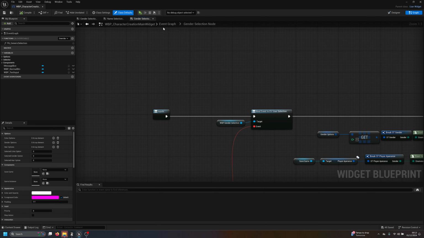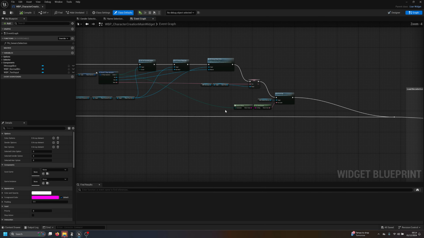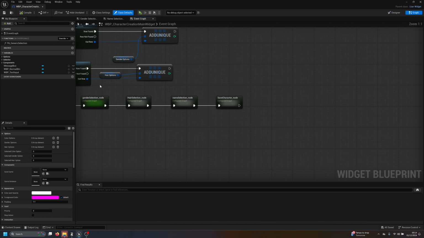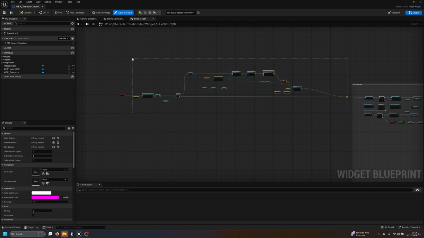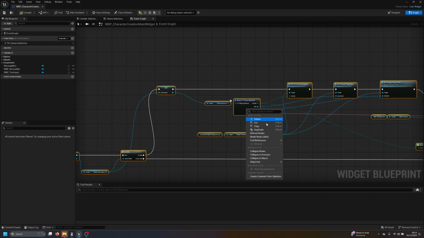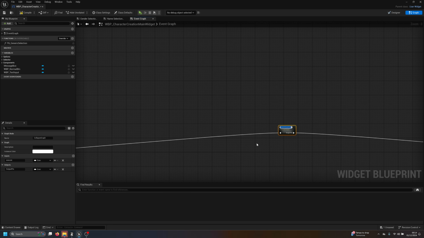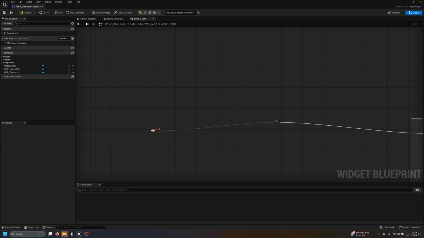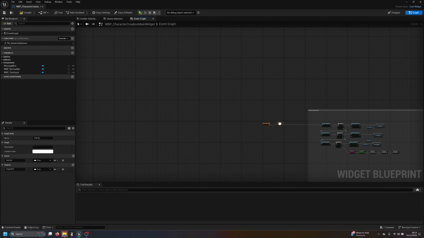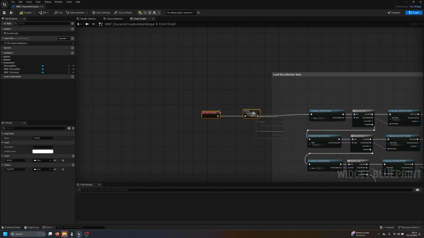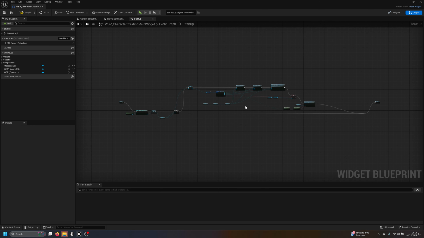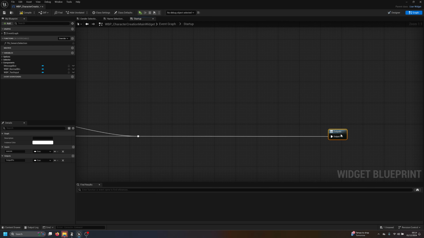And when we start the event graph right here, by the way, what we can do is collapse this to a node, and we're going to call this startup. I know that's a very bad name, it doesn't mean a lot, but at least we compact everything to blocks, so later on we can probably change the name of this. But anyway, on the startup, when we are finishing this,